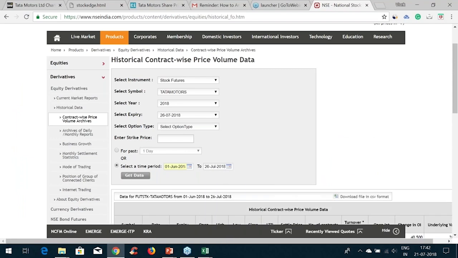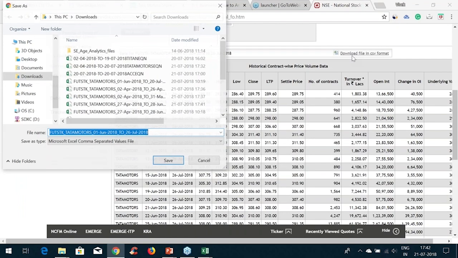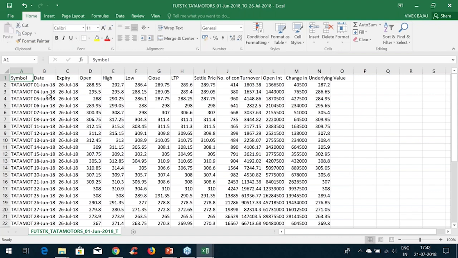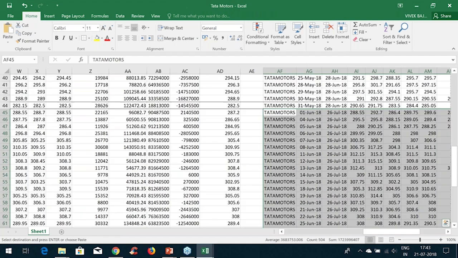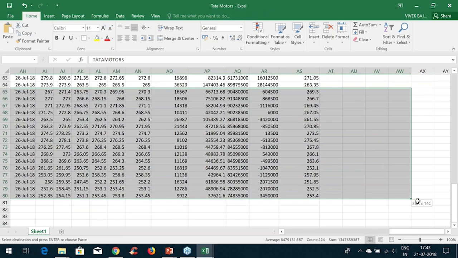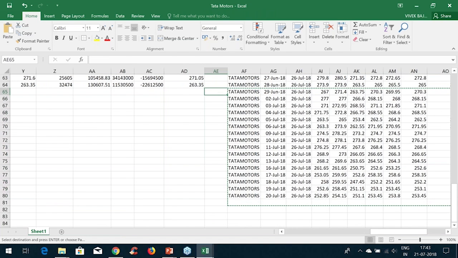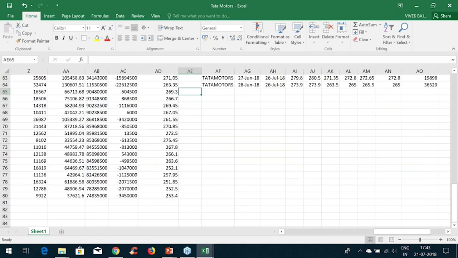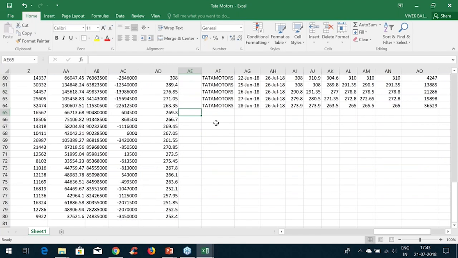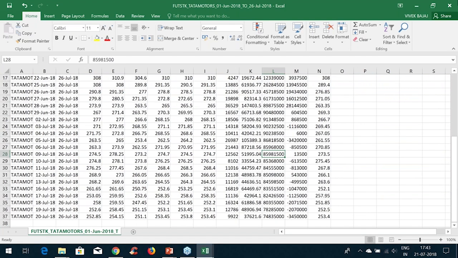26th का डेटा मांगते हैं, उसको CSV में डाउनलोड करते हैं, सेव करते हैं, ओके, ओपन करते हैं, और ये जो डेटा है, विदाउट हेडर इन दिस केस, इसको कॉपी करते हैं और हमारी मेन शीट में इसको पेस्ट करते हैं. फिर यहाँ पर ये जो सिलेक्ट हुआ है इसको कट करते हैं, कंट्रोल X, और इस डेटा को हम यहाँ लेके आते हैं. उसके बाद what we need to do is find out the next expiry,